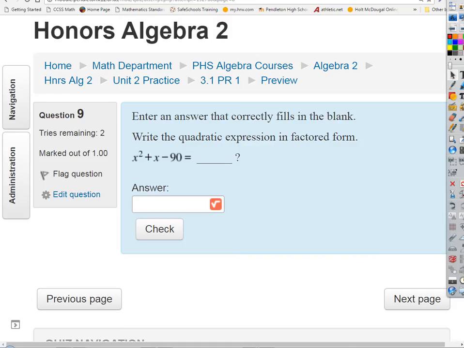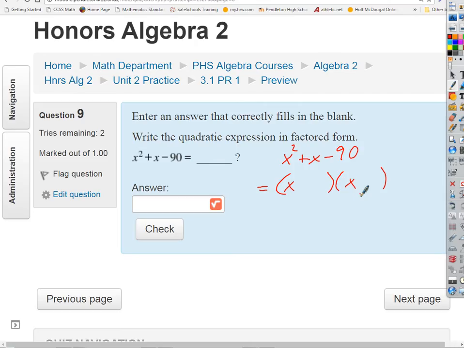Okay, so factoring simple quadratic expressions. And what do we mean by simple? That just means that the number in front of x squared is 1. So if the coefficient of x squared is 1, then remember how we do this is, if it factors,